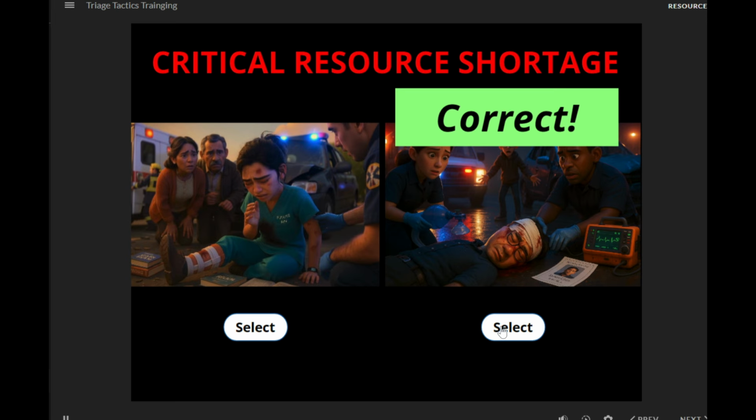Excellent decision. You chose to give the oxygen equipment to Robert Chen. Here's why this is the correct choice. Robert is completely unresponsive with a Glasgow coma scale of 7 and a critically low respiratory rate of 8 breaths per minute. He has lost the ability to protect his own airway and cannot breathe adequately without assistance. Without immediate BVM ventilations, Robert will suffer respiratory arrest within 2 to 3 minutes, followed by cardiac arrest. Death is imminent without intervention.